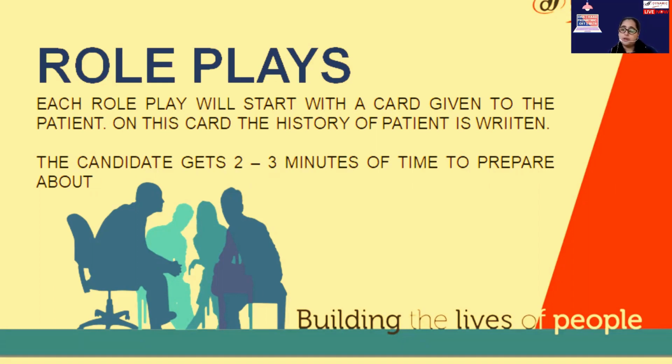Now, remember one thing, your communication skills and your linguistic skills play a major role. To get B grades in your speaking session, you have to get at least 5 points out of 6 in your linguistic skills. What exactly are linguistic skills? How good your vocabulary and your grammar are. And 2/3 of the marks go toward your communication skills, where how well you're communicating with the patient, how well you're dealing with the patient, how well you're giving them answers, or questioning them, or taking up the points, or telling the patient what exactly is the trouble he or she is suffering from, how well you are conversing back to the patient.